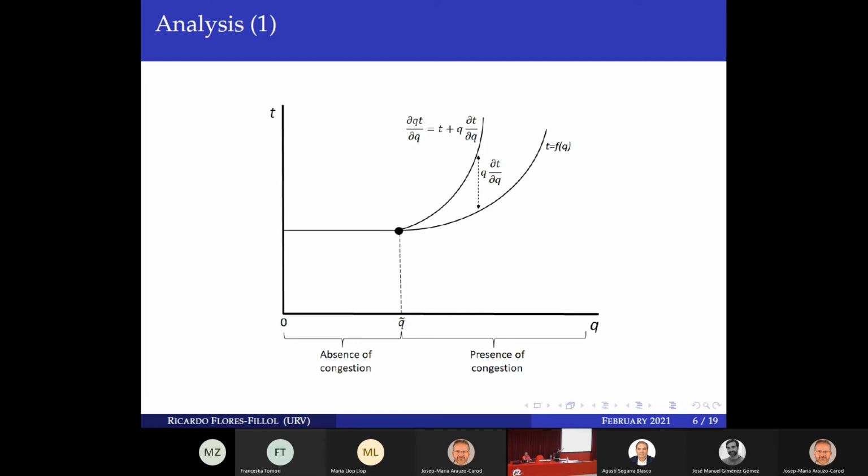Okay, so the second function is computed as the marginal social cost. You compute the total cost, which is QT, the total time produced by commuters, and then you take the derivative, so you have the marginal social cost. The second function is the marginal social cost, and in it there is the time T that you produce individually as a commuter, but then there is a second term, the externality. The second term is the excess time you impose on others because you are using the infrastructure. So this is the externality.